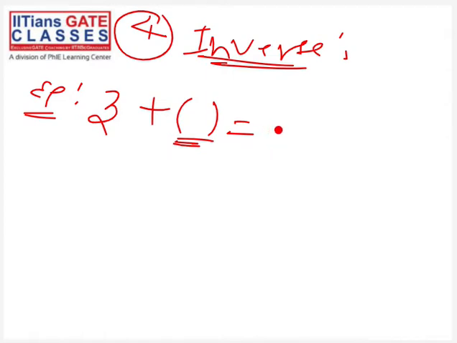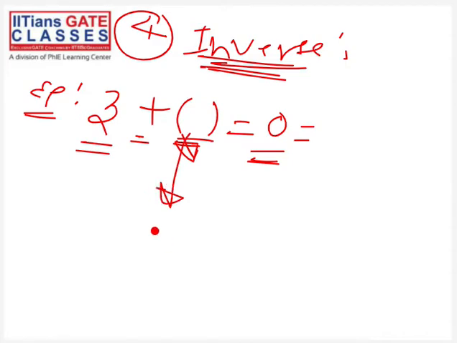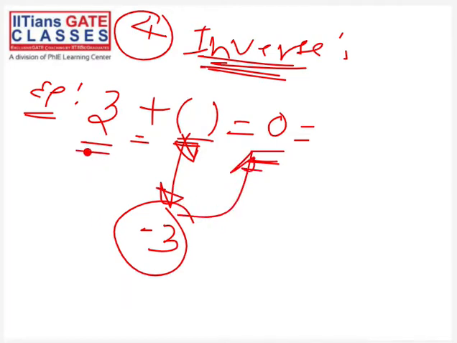Anyone want to tell me? Yes, so 0. Now what does this inverse mean? Inverse means, for this 3, and of course this operation is addition, what should I put here such that I get the identity element? Anyone want to tell me? Yes, Bhavya is saying -3. So if I put -3 here, then I will get 0. So I can say that for this 3, this -3 is the inverse for addition operation.